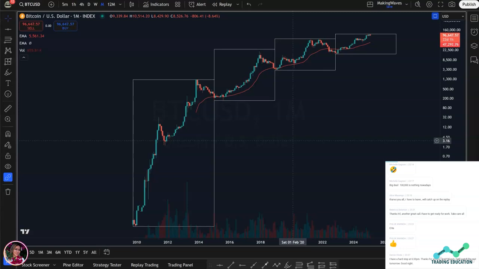Now, sure, it might have done so repeatedly in the past 3-4 times, but to use that as your rock and put 100% reliance on it, I think that is poor trading analysis and a lack of understanding of the market. So, moral of the story, do not use the halving to make any trading decisions.